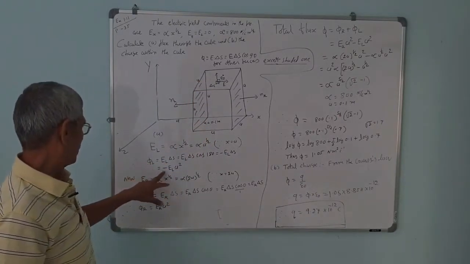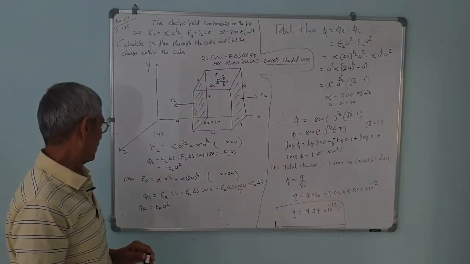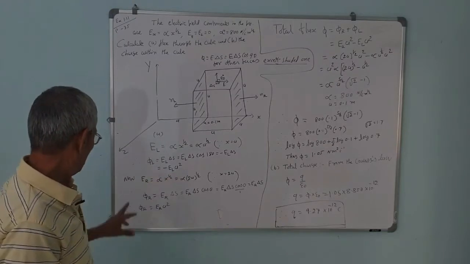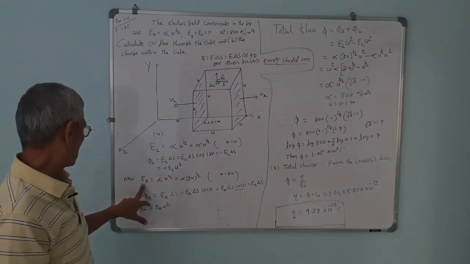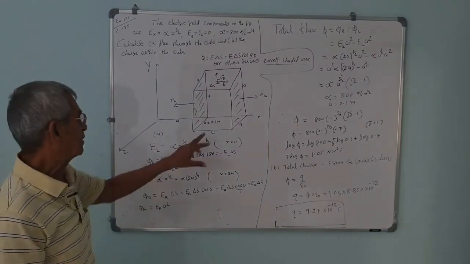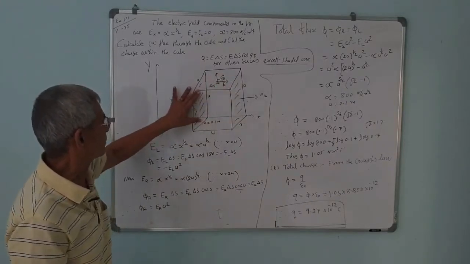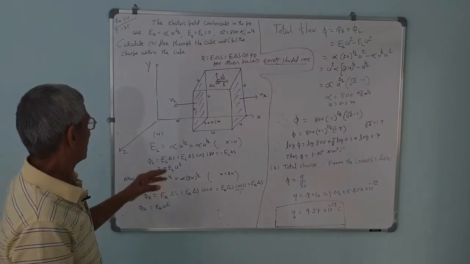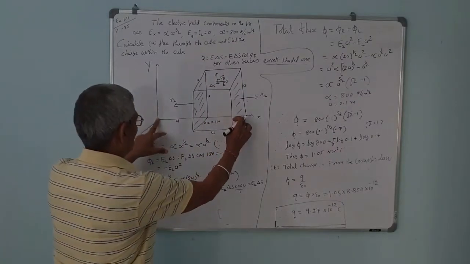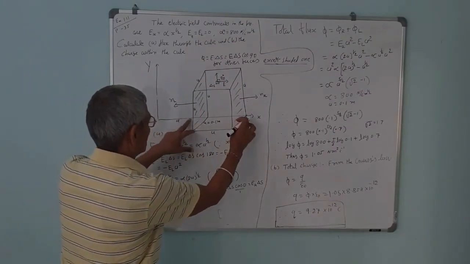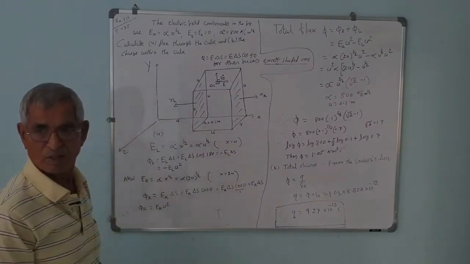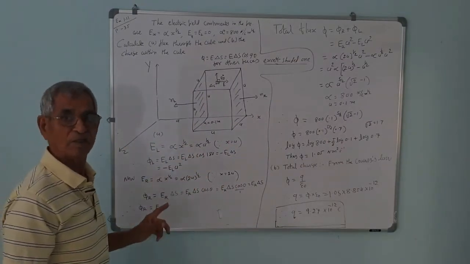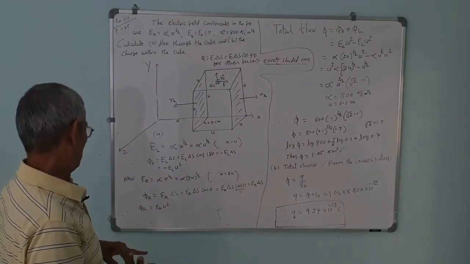So, flux phi will be equal to minus electric field on the left side, EL into A square. Now, let us calculate the electric field for the right side face. This is the left side face, we have calculated. This is the right side face. We know for the right side face, this distance is A, this is another A, that is 2A. What is x? x is equal to 2A for the right portion.